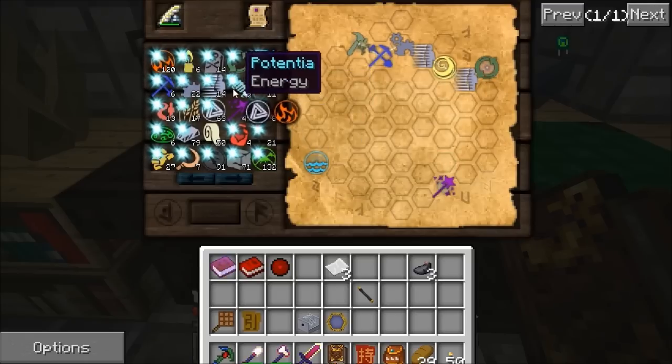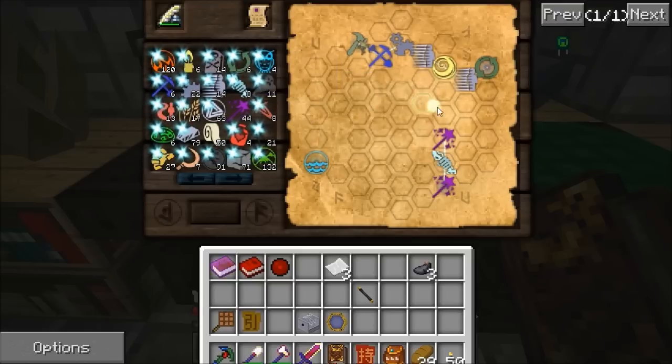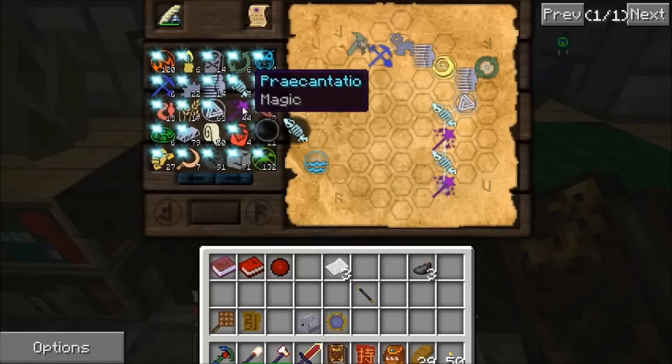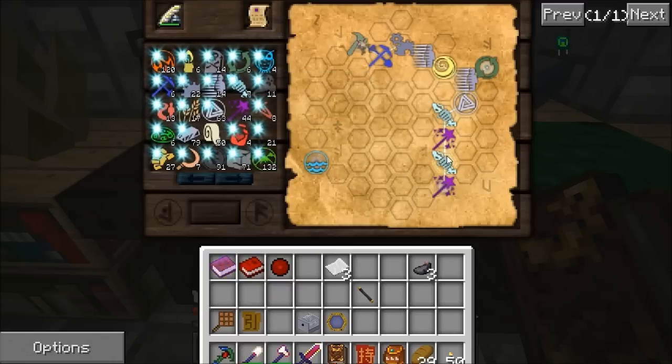So that, and that. Nice and easy, that one. So you see, we've used the same ones over and over again. Pricantatio has got Vacuous and Potentia in, so we've gone Potentia. And then, of course, because Potentia's got